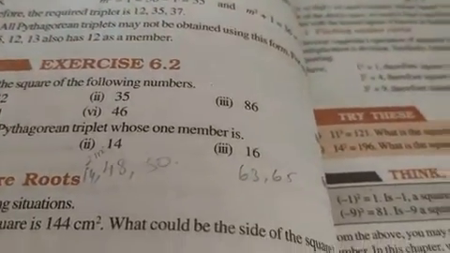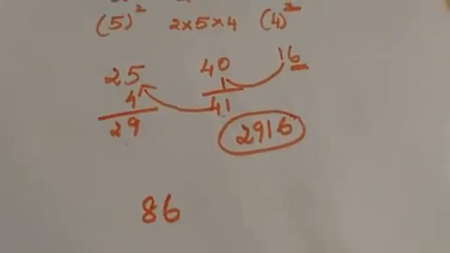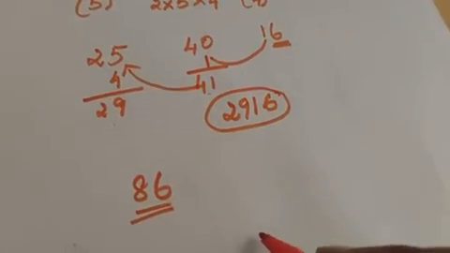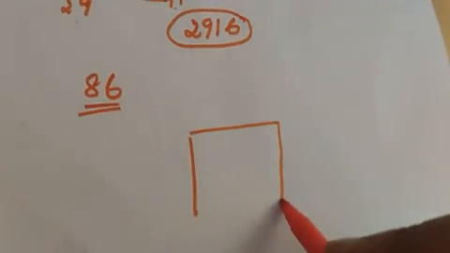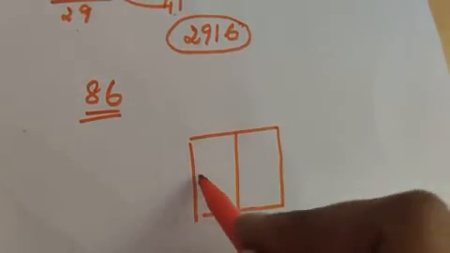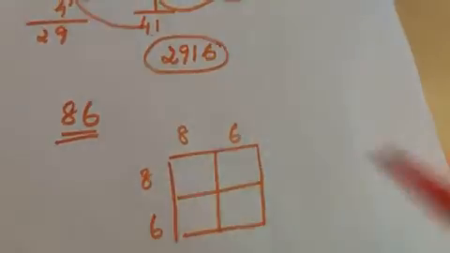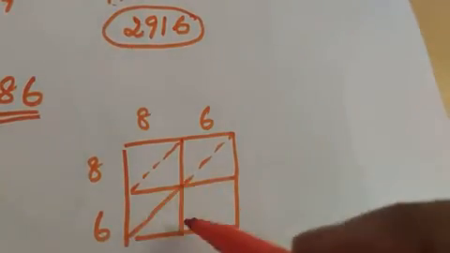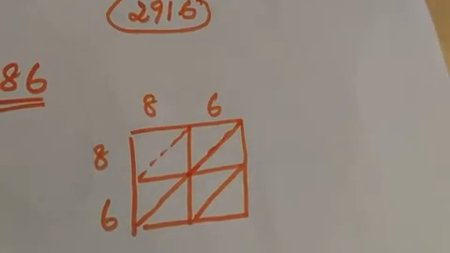Right? So I am selecting one of the questions, 86. I am going to solve 86 by the diagonal method. It will be easy for you to solve. There are two digits, so I have to make a 2 by 2 square. First I write 8 and 6 here. The next step is to make the diagonals. So first I am making the diagonals over here, so that you can easily write the numbers.